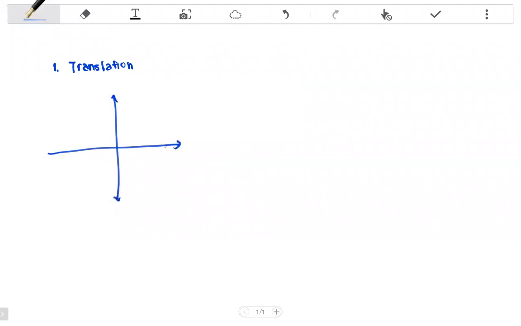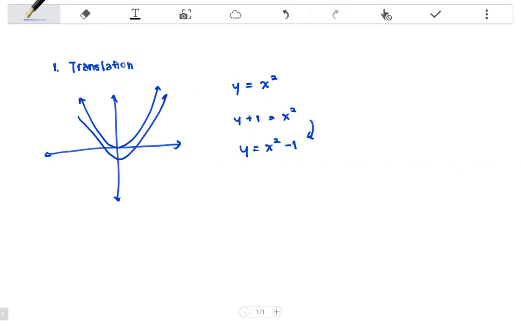Any thoughts? Add a number to the y. Add a number to the y, okay. So if we have y equals x squared, since we added a number to the x to move it up or down, +1, -1, how about we add a number to the y? That's actually a pretty good thought, but it would be the same thing as moving it up or down, because if I added a 1 to the y, I rewrote the equation, it would be the same as just moving it 1 unit down, right? So we're not adding a number to the y, but you're thinking very correctly. So how we move it left or right is we add a number to the x,